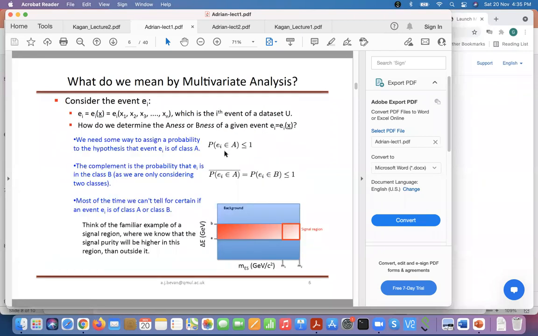So basically, what you want to determine is, given a data set, like the total data events you have, event by event, you don't have that this event is entirely signal or this event is entirely background. For each event, you have either signalness or backgroundness. A-ness and B-ness, and that's expressed in terms of probability.